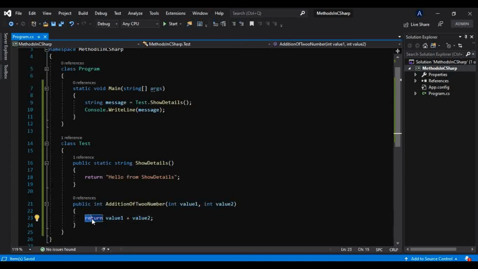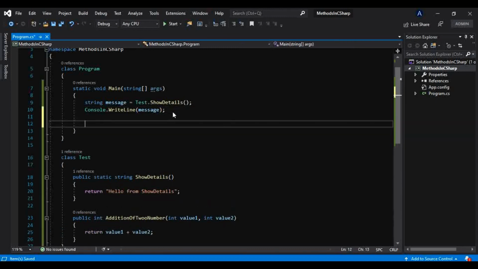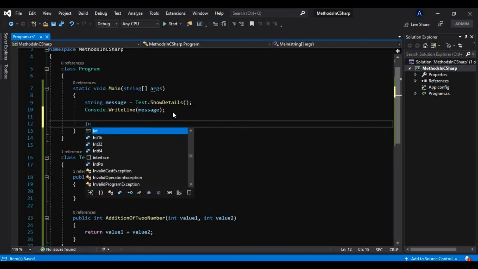So we know it will return the addition of value 1 plus value 2, and as our return type is int, it will return that addition. And in the main method, I will take those parameters, those user inputs, from the console.